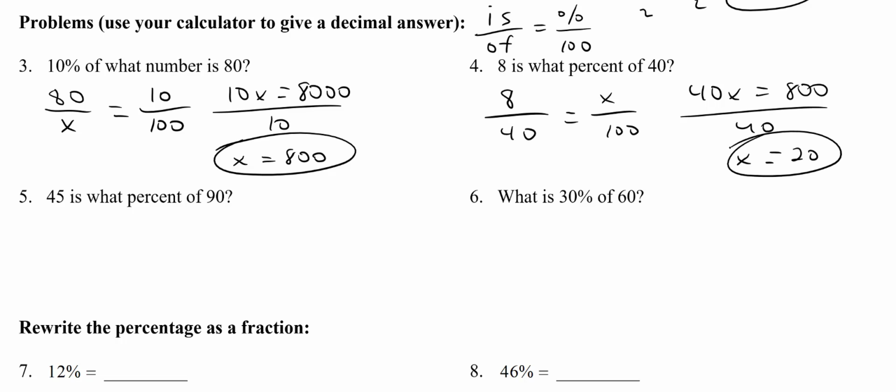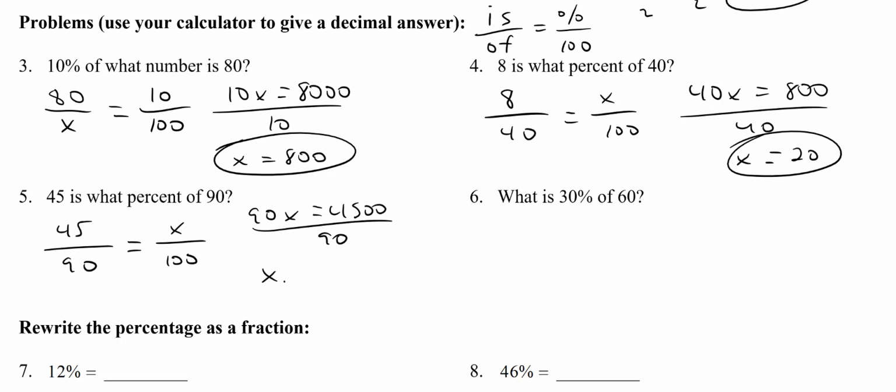Okay, another one. 45 is, so that's there. What percent? So that's your x over 100 of 90. So the 90 goes there. Okay, so cross multiply, we get 90x equals 4,500, divided by 90. X gives you 50. And of course, these are percents, right? Same thing with this one. That was 20%. Okay, and the last one is what is, so you're looking for x, is the is, 30%,